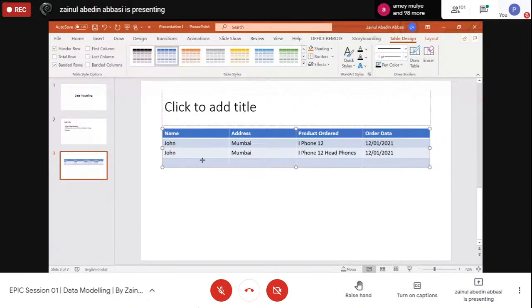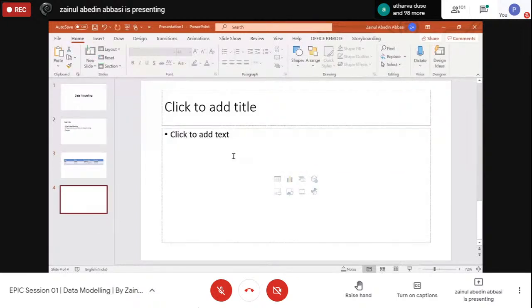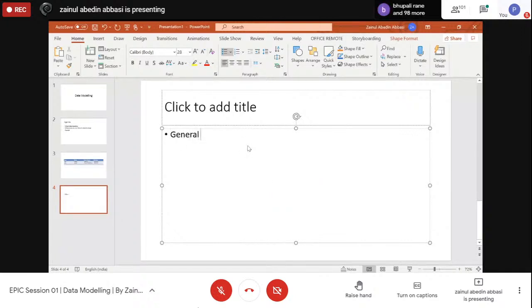There is no set process in terms of how you should go about doing the data modeling. There are standard approaches people have suggested, and you can go about it like this. One thing that people do is follow a process where they go from a general perspective about the data all the way to the actual implementation,